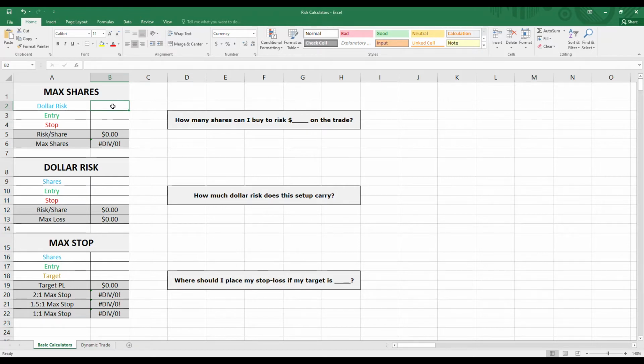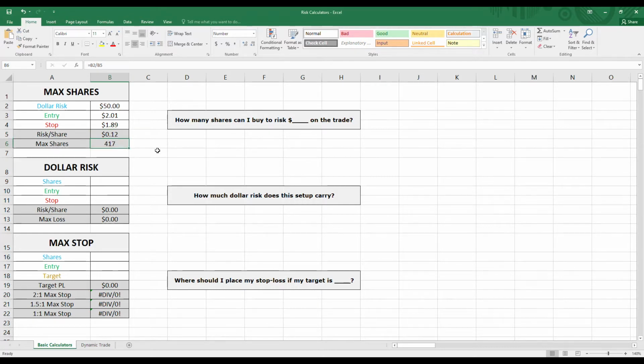We'll suppose that I'm willing to risk $50 on this trade. So I'm going to input 50 into the dollar risk amount, and then I'm going to put in my entry and exit. We can just use anything for this. Let's suppose we're trying to catch the break of a $2 level. So our entry is going to be 2.01, and let's just suppose we're risking approximately 10 cents with a stop level of $1.89. So what we're going to get as the outputs here are the risk per share, which is 12 cents,